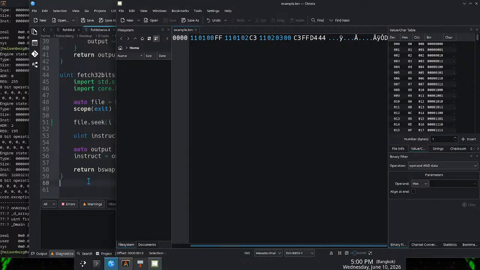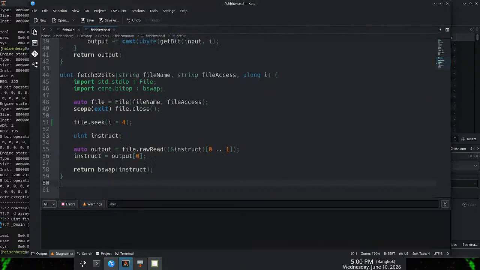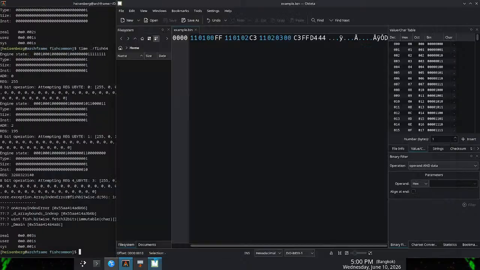Oh. What happened is it attempted to grab something that doesn't exist. For example, this. It probably attempted to grab it, but didn't know where to grab it from. But actually, so in the first engine state, it identifies that it needs to perform an 8-bit operation, attempting register ubyte, and